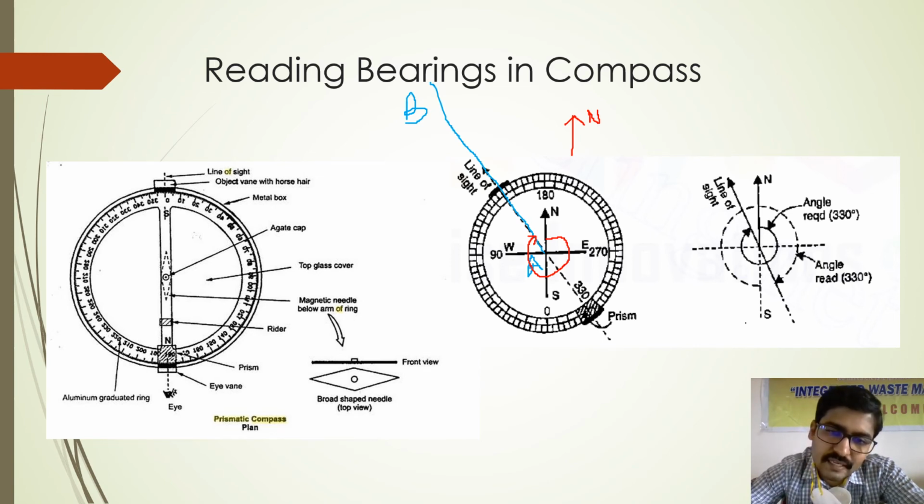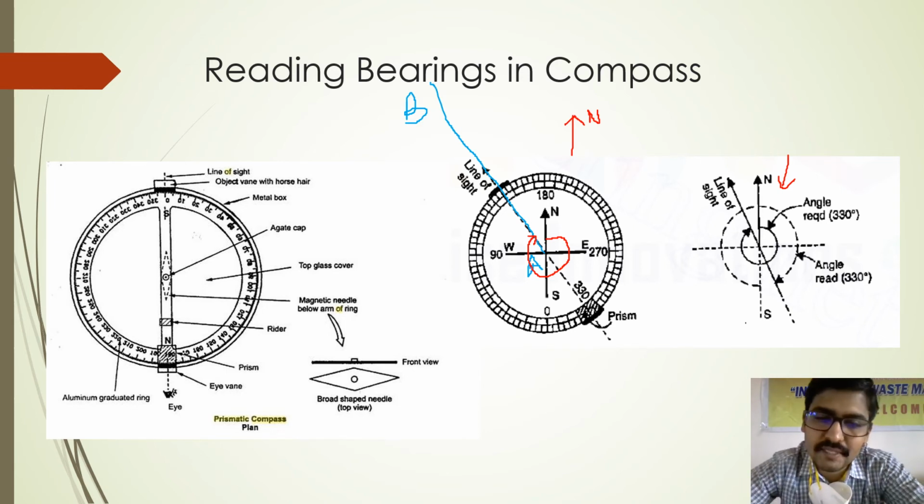So this angle will not be 330. You are not reading the angle here. You are reading the angle from the opposite direction, isn't it? So that is the reason why north is written 180 and south is written 0 degree. So you can easily find out from this diagram. Here you can see that you actually require this angle to be read. The angle required is 330, this angle, whereas you are measuring this angle, the dotted one, right? So you are actually measuring the opposite angle, that's it.